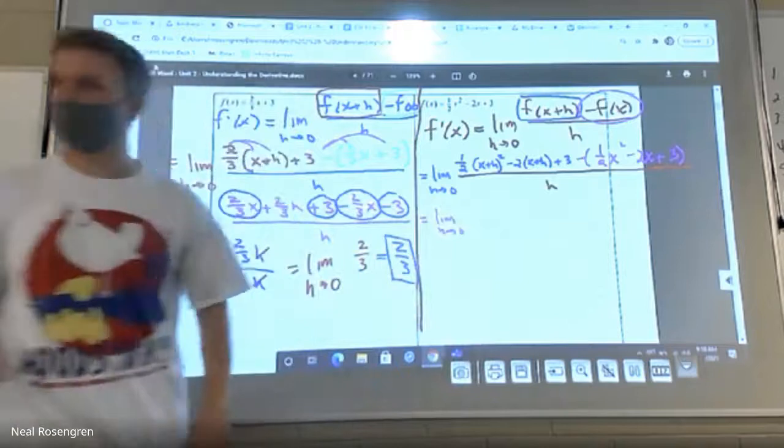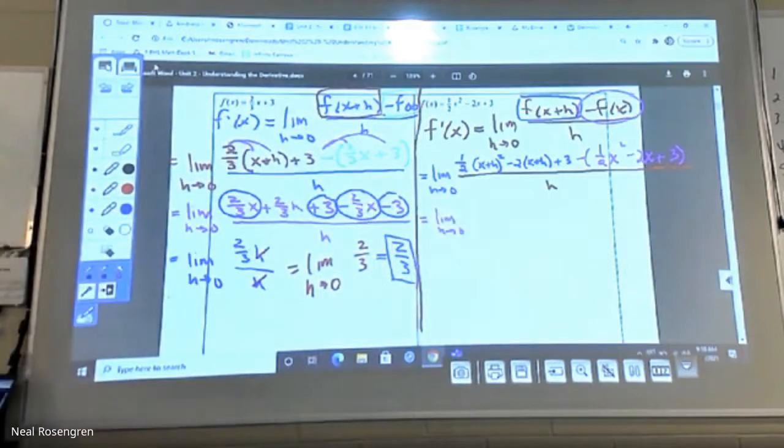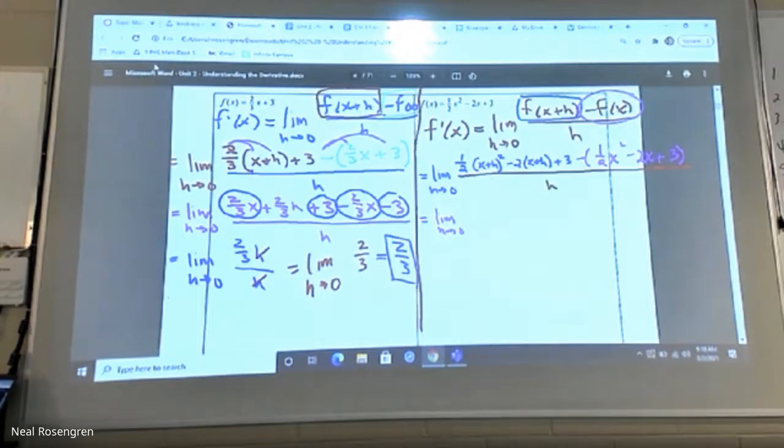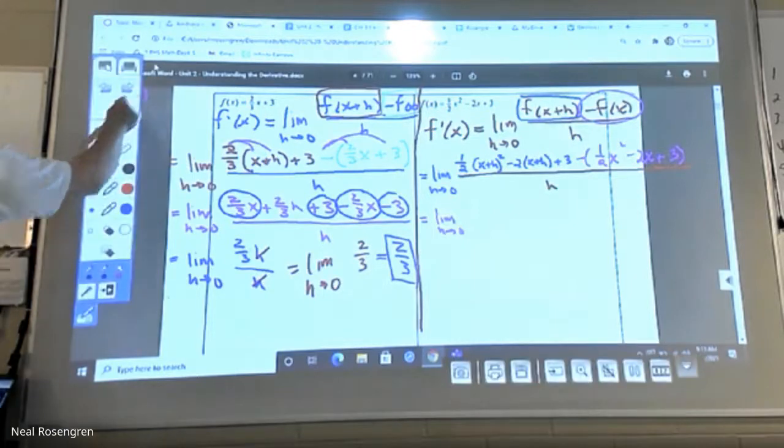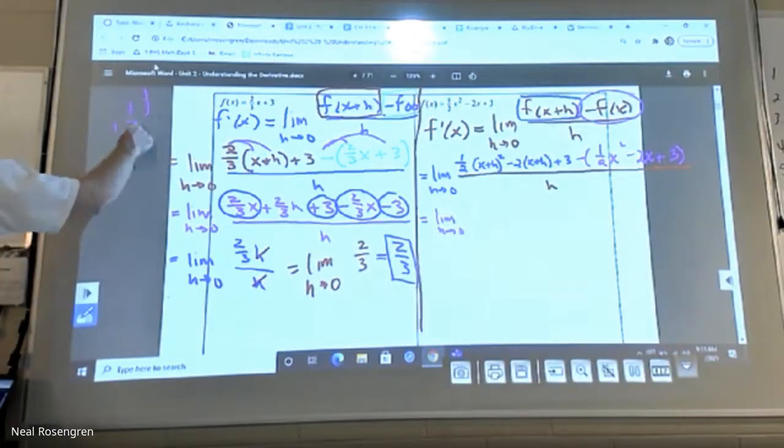Are we cool with that setup? Does that make sense? You all right? Now you expand. This is where things take a hard turn for those of us that don't love binomial expansion with Pascal structure. But I cannot stress enough how important this is to helping you work through an x plus h squared, or an x plus h cubed, an x plus h to the fourth, a whole lot faster.